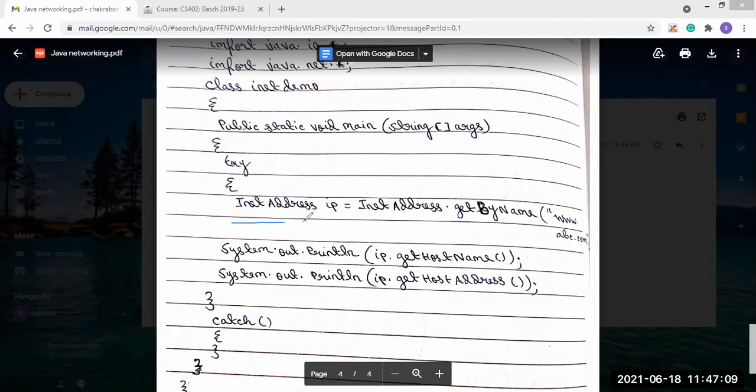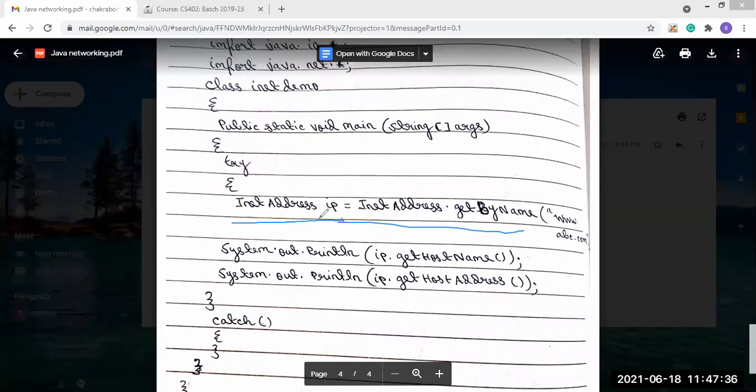What we have done now: InetAddress ip = InetAddress.getByName. We have created the object of the InetAddress class, and we are able to do it because we have imported the package, import java.net.*.